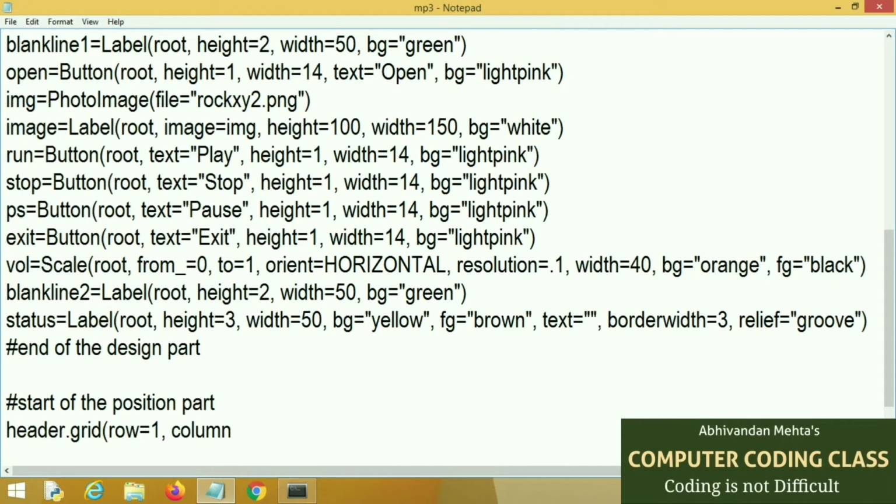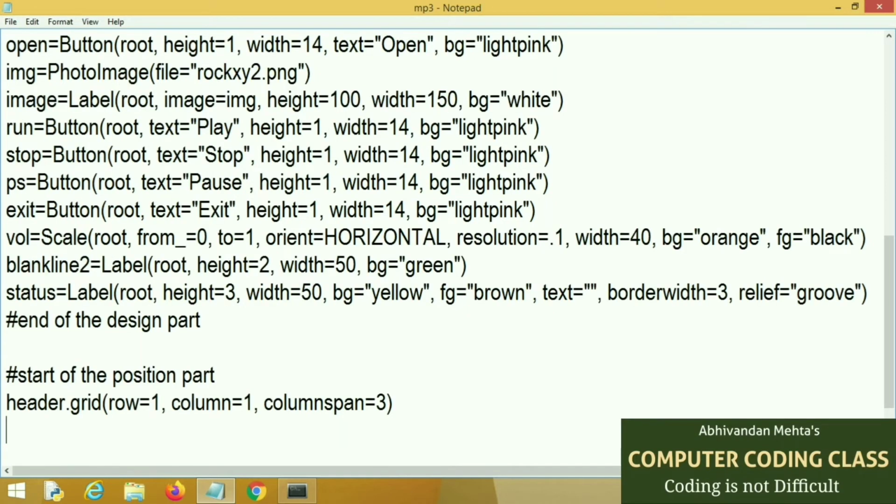Here first we are placing the header in first row and first column. Here another option is column span. Column span means expanding our component to 3 columns. So I wrote column span equal to 3.